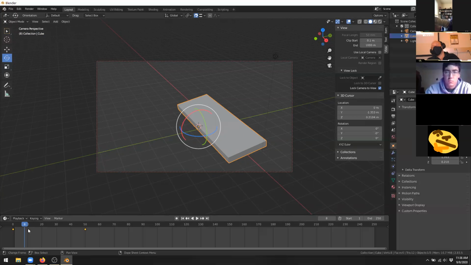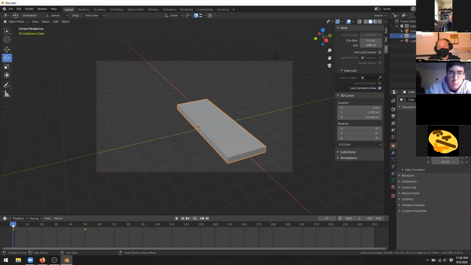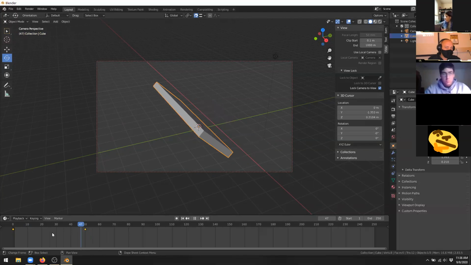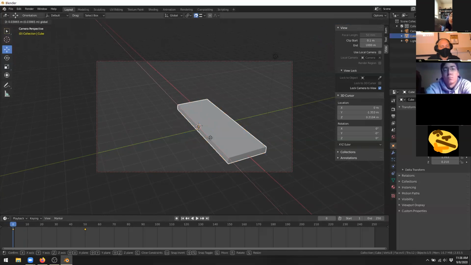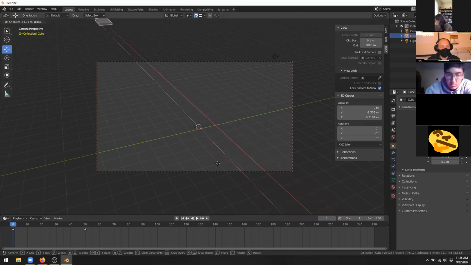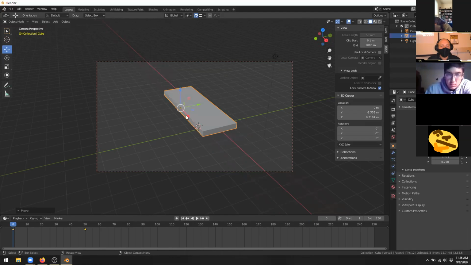So if I know I'm going to be moving an object, I need to do position at the beginning and position sometime later. If I know I'm going to be rotating, I need to do rotation at both of those points. So maybe real quick, we'll do a small position one as well. I'm going to move my playhead back to the beginning. Once my playhead is back at the beginning point, I'm going to scoot the object just off screen a little bit, or outside of the view of my camera,